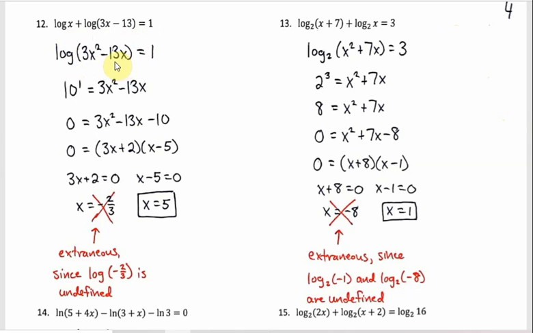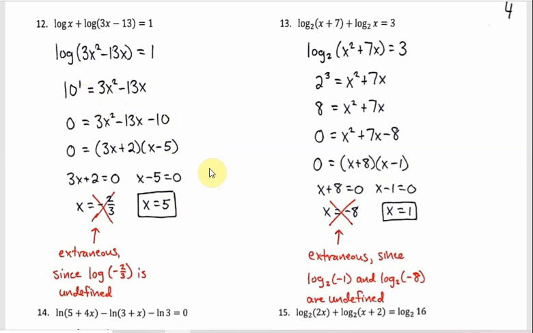And so then if you use the log definition to switch it into an exponential equation, you have 10 to the first power equals the thing that's in parentheses, the 3x squared minus 13x. But then subtracting 10 from both sides, you end up here. This factors. Then you can use the zero product property, and eventually you would get that x is equal to negative 2/3 and x is equal to 5. However,